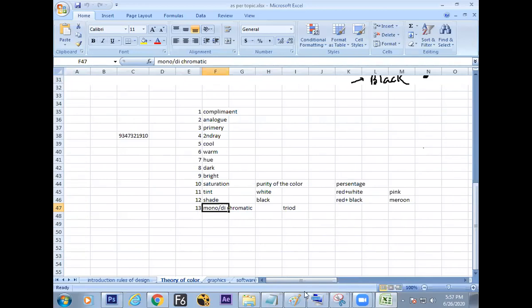In the pipeline, we have covered the rules of designing, then we'll be switching to the color theory. Then what is called graphics, that part is there. How many types of graphics, which graphics is used where, then we'll be switching to the software. So the next two sessions will cover the theory of color and graphics and their variations. We'll know what Photoshop is and which type of graphics it is. Then we'll start the software.